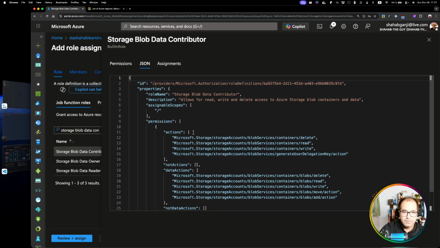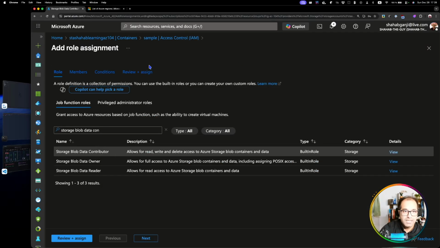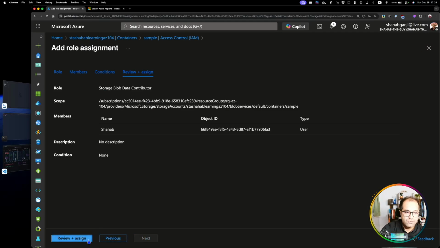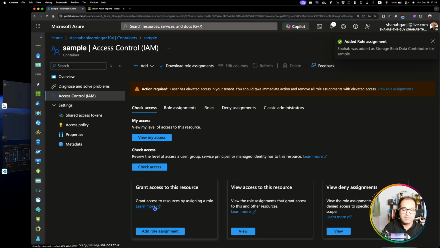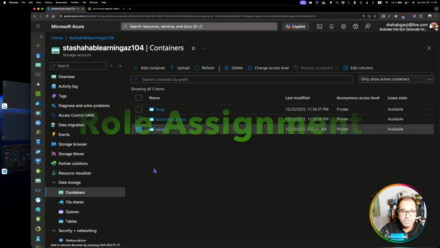And if I go also to the JSON, you will see that it has data actions, which are read, delete, write, and move or add. And then here we also have generate user delegation key, right? So let's assign this one. It might take some time for this assignment to take effect, and then we'll be able to generate the SAS that we want. Great. After refreshing the page and waiting for some time for the assignment to take effect,